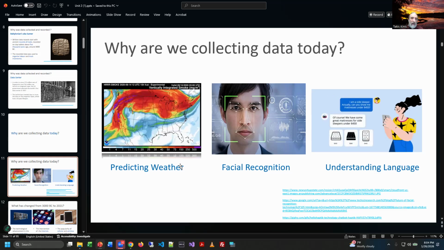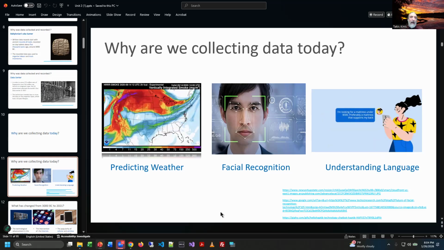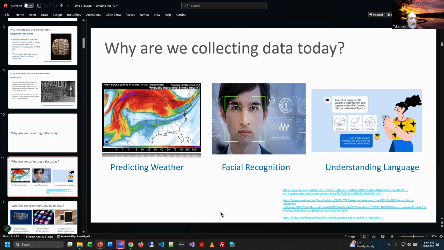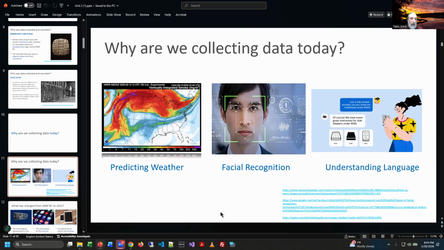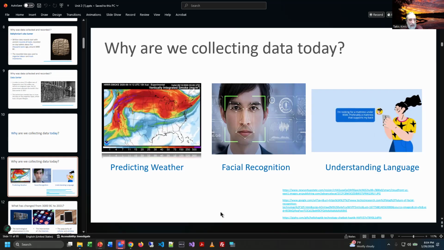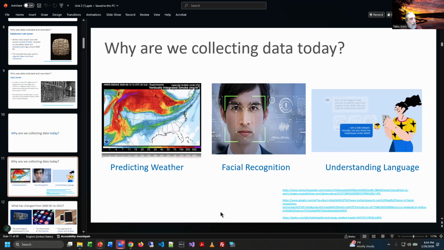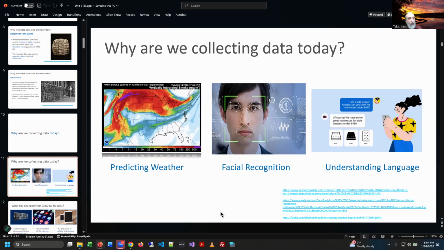We also use data to understand language, to interpret what I'm saying and convert it into different languages. Or heck, the words I'm speaking now, when I publish this video, YouTube is going to recognize my voice, turn it into text, and then you can go to that video and download the text. And that's more data. Oh my God, right? So I better watch what I say for sure.